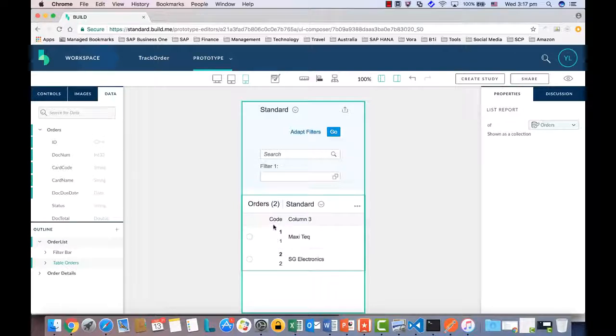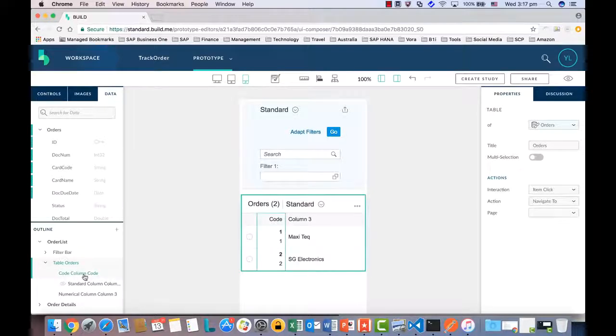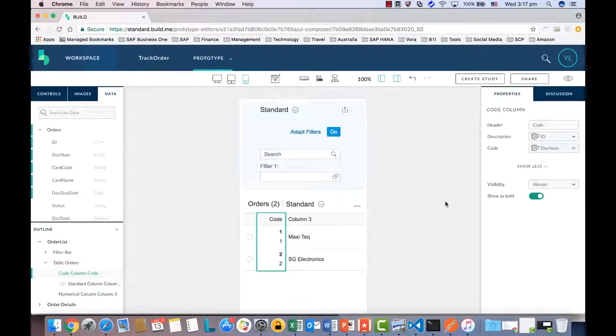So we're going to do some manipulation in the code column, and we would like to use the description. The description is this one, and the doc num is the code here as well. So for the description we're going to use maybe the doc number,